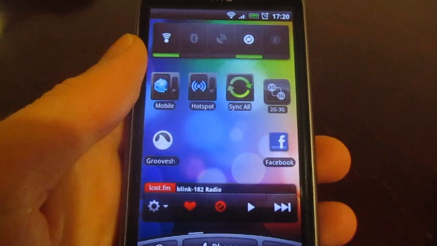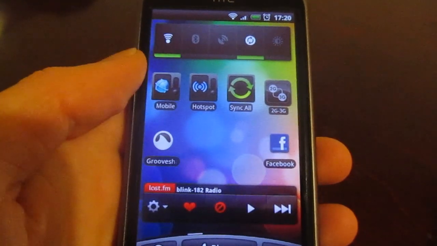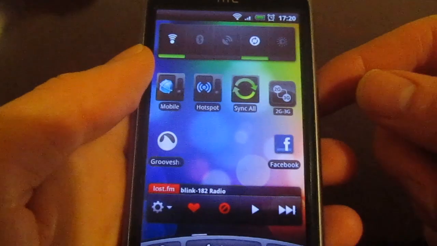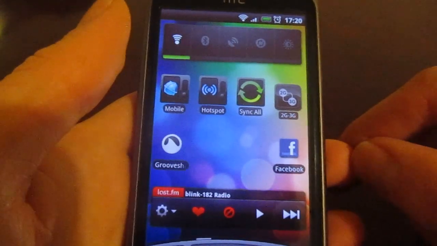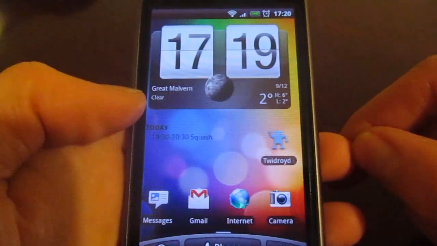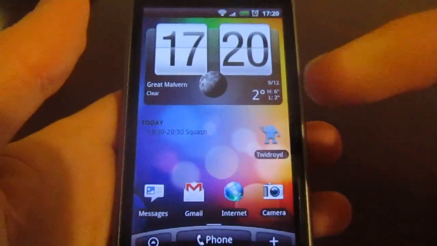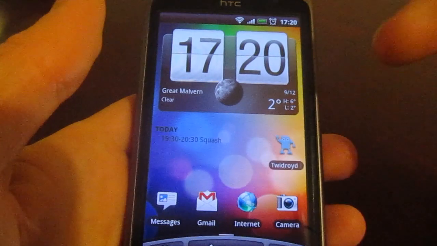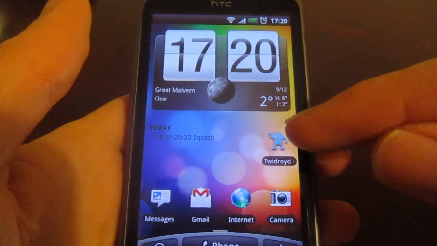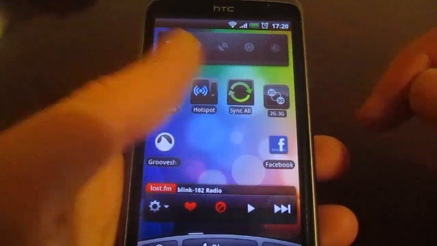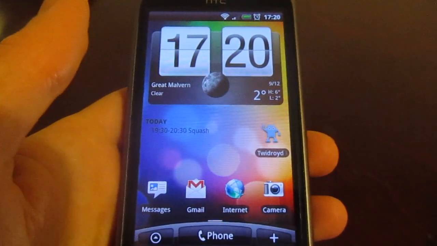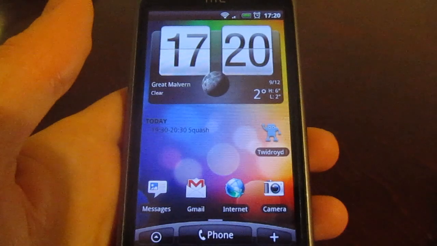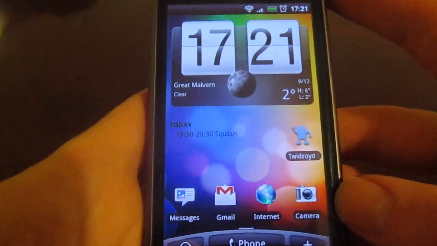Now, the obvious thing to do is to just turn off mobile data, turn off syncing, and your phone will not use any data at all. What about if you wanted to actually use some data though? What if you wanted to be able to get emails while you're away, but perhaps not other things like tweets, Facebook updates, etc.? So here are a few ideas of things you can disable whilst you're away from your native country. So go into Settings,